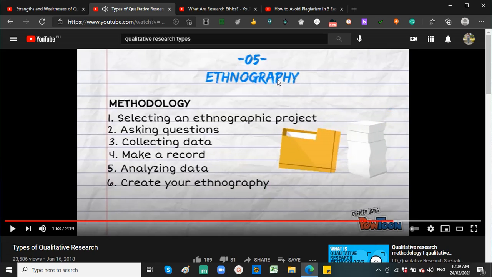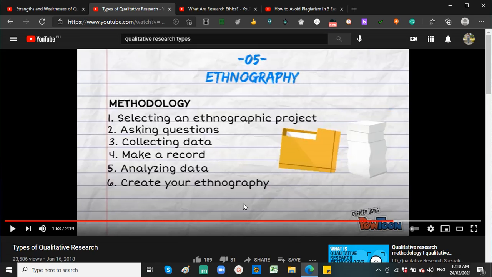And for ethnography, this study involves the collection and analysis of data about cultural groups or minorities. And in this type of research, the researcher immerses with the people and becomes a part of their culture. The researcher in ethnography will have to be in the culture of the specific people that they have identified in order for the researcher to get meaningful data out of that. So that's why you have to select an ethnographic project first, and then you will immerse in the culture and